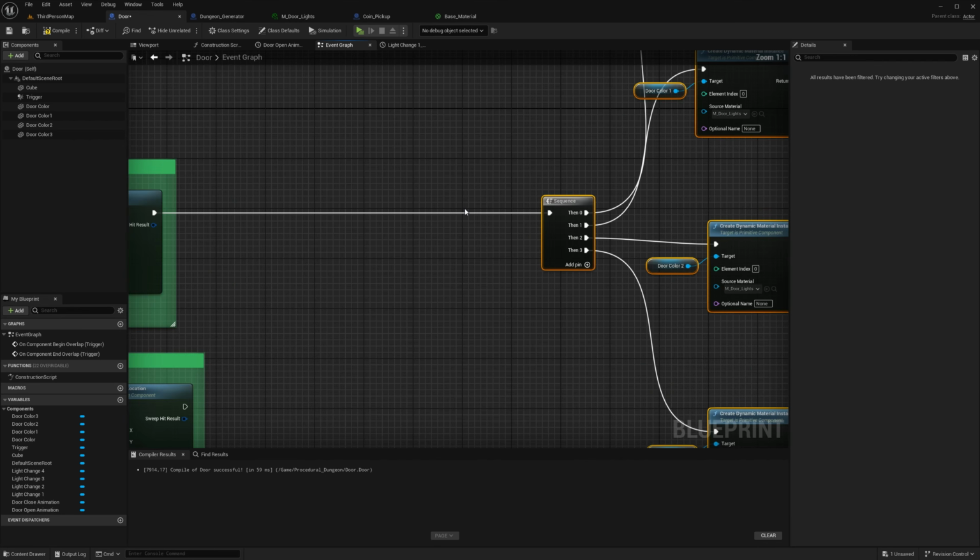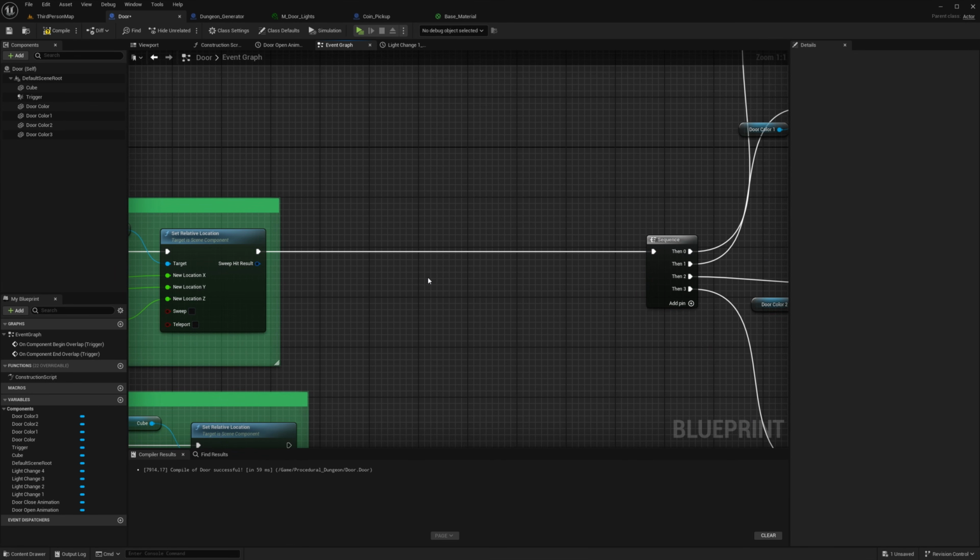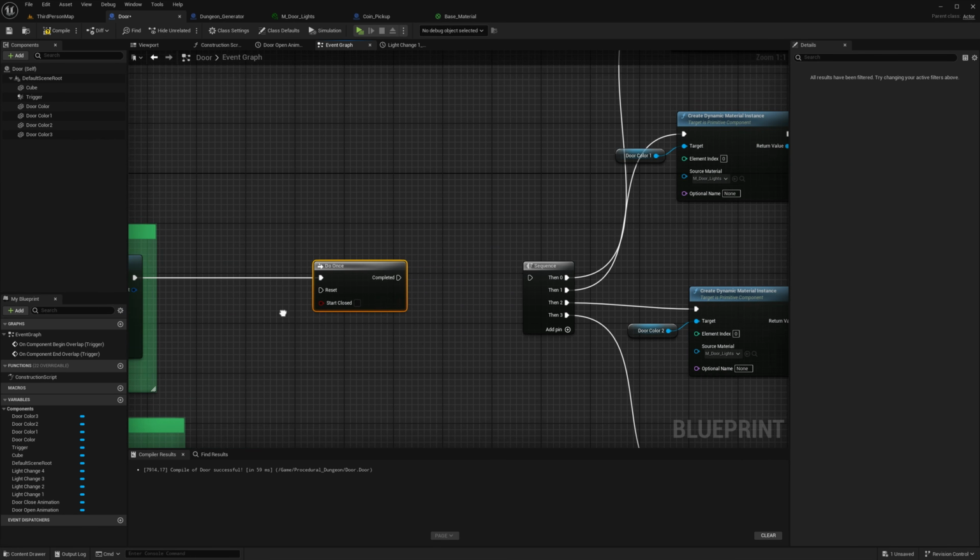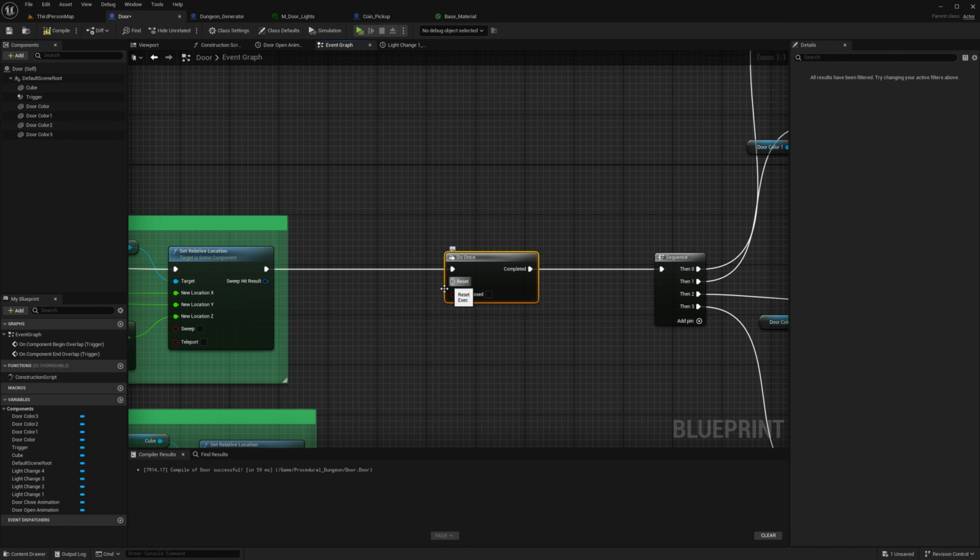What we can do to solve this is make a do once node here. If you right click and type in do once, yes, that's actually a thing. Do this only one time and then never do it again until I plug something in here which resets this, then you can do it again.